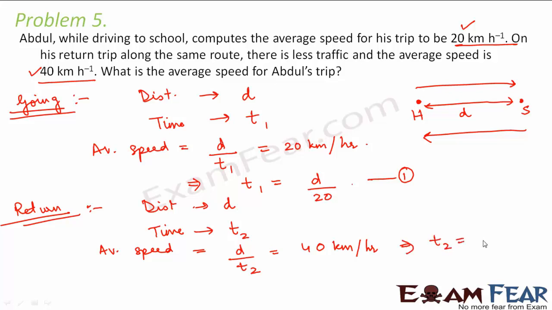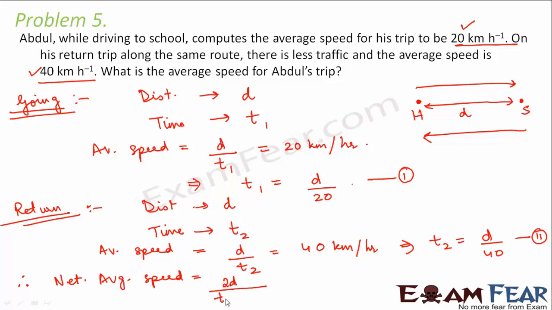So, from this we can say that T2 is equal to D by 40, and this is equation 2. Therefore, the net average speed for the entire journey will be equal to the total distance travelled, which is D plus D, that is 2D, divided by the total time taken, T1 plus T2. So we can write 2D divided by, instead of T1, D by 20. Similarly, instead of T2, D by 40. So this comes out to be 2D divided by